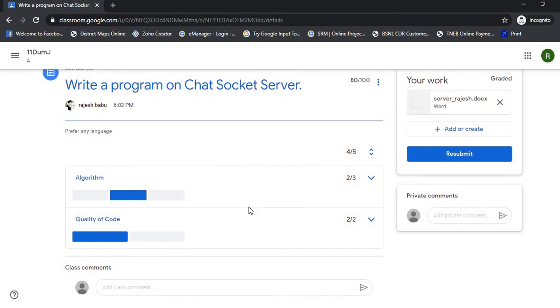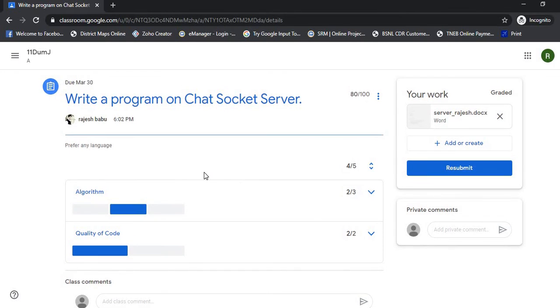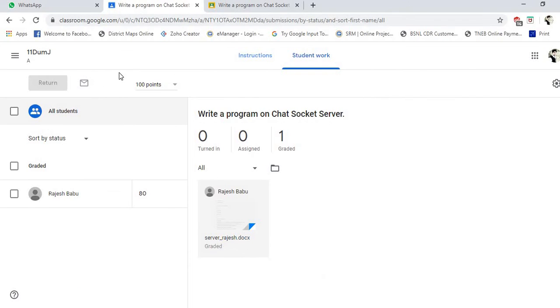So he has got 80 marks based on the criteria. He can check the rubrics for criteria. So this is how the assignment is evaluated based on the rubrics. Okay. And now we'll focus on